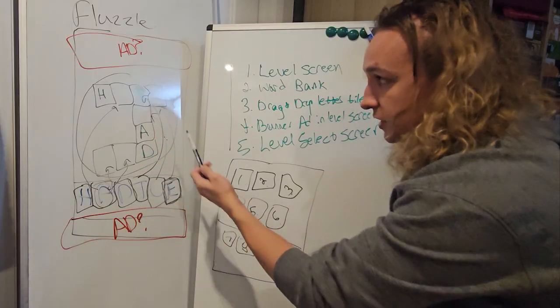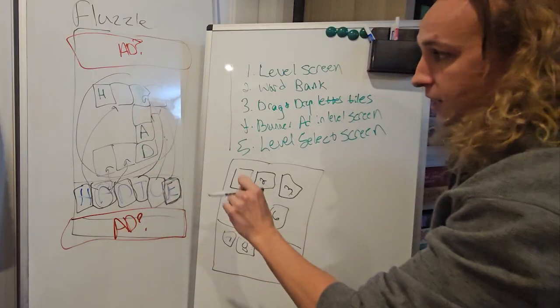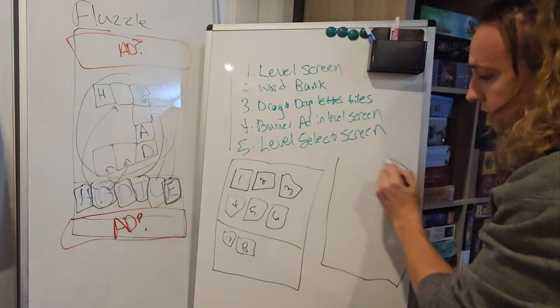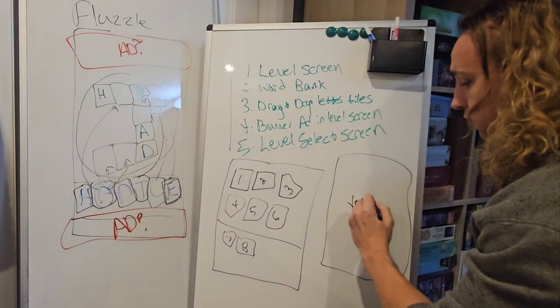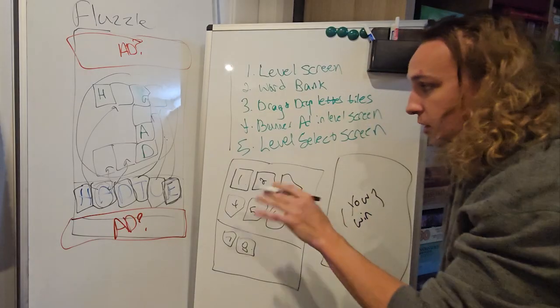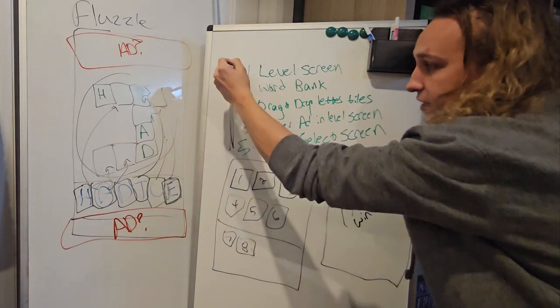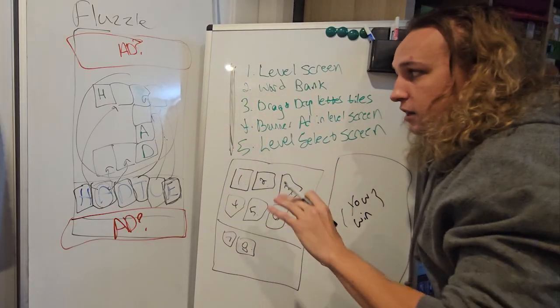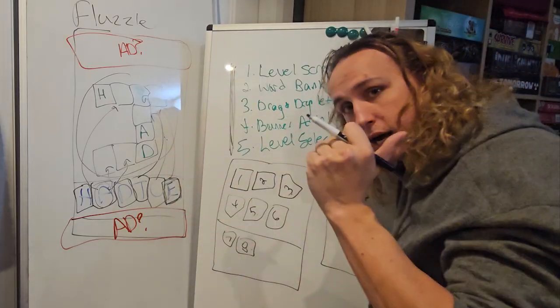We've got our level select screen, we've got our core game concept, and maybe once we solve the puzzle, there might be some sort of you win banner or something. But I think that's something to think about later. So let's take these 5 game concepts and hop over to GitHub